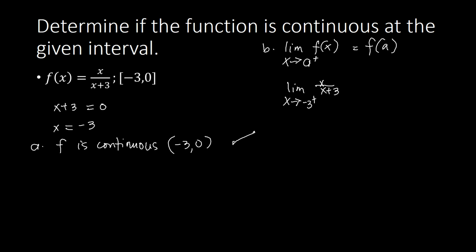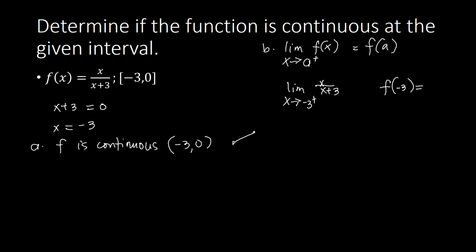Will that be equal to f of negative 3? So let me just check on f of negative 3 first, because if you try to recall testing out the continuity of a function at a particular number, we do start with checking whether f of negative 3